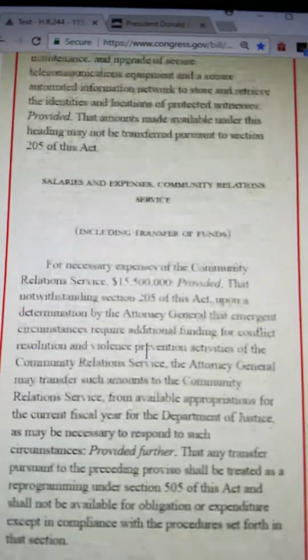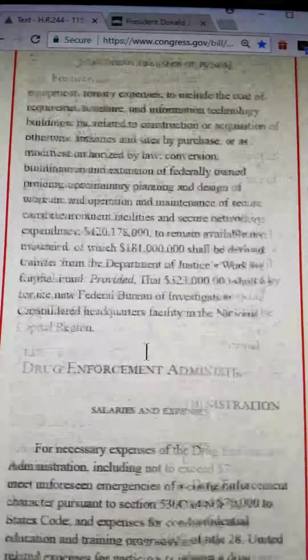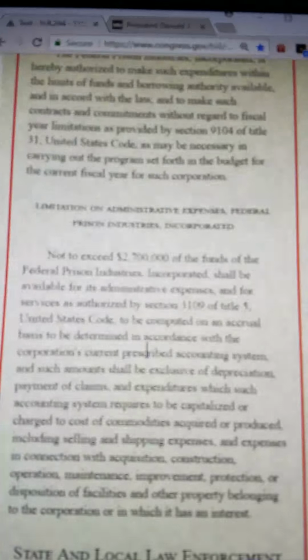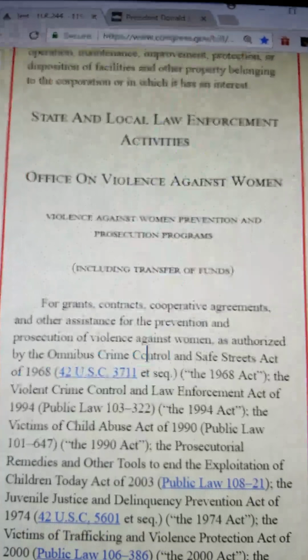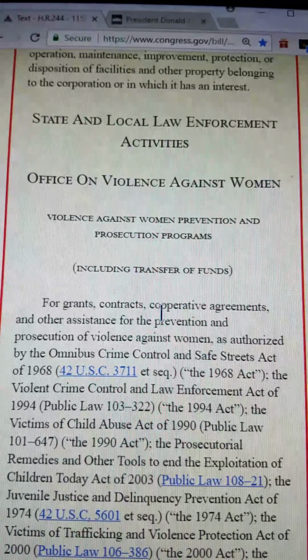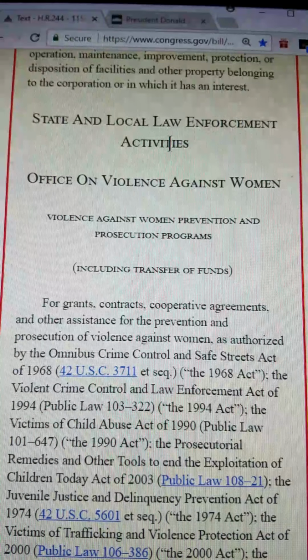I'm going to scroll down here and get to the part that concerns me a lot, because this budget bill is using taxpayer funds to pay for things like this: state and local law enforcement